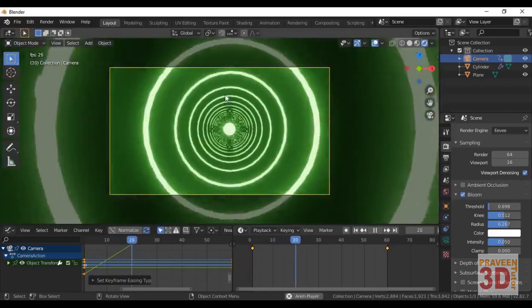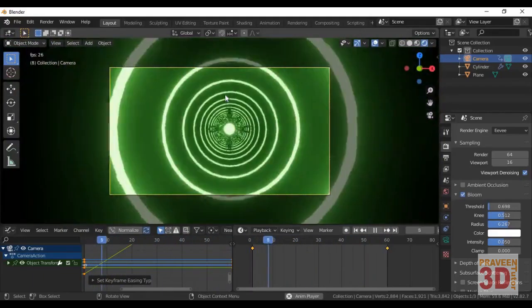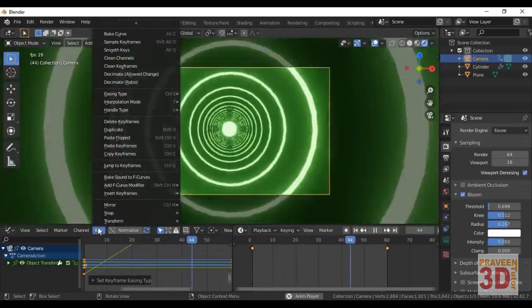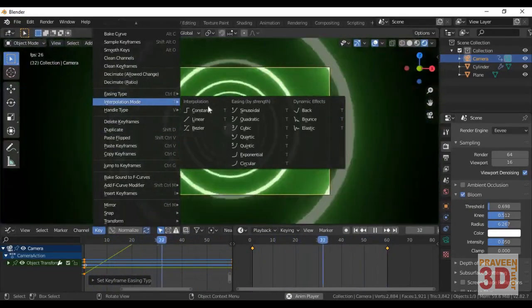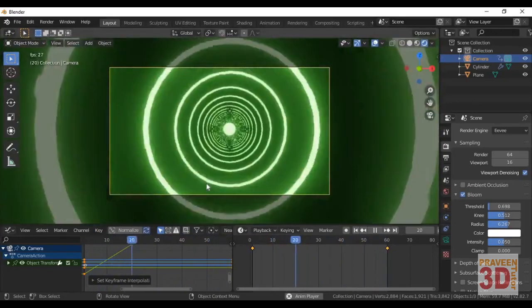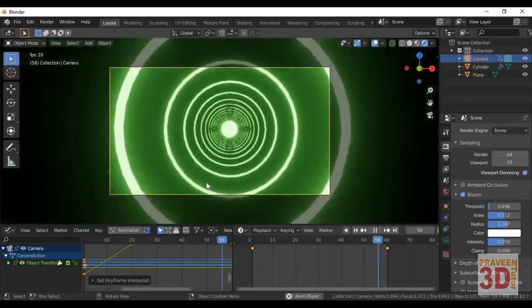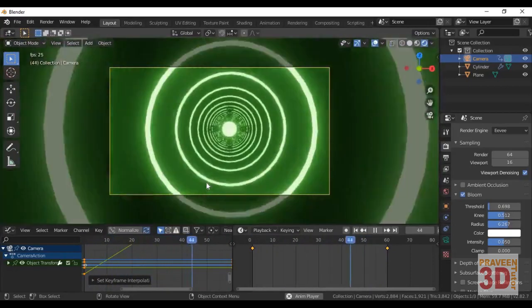Then press spacebar and it will automatically apply. I'll once again go key, interpolation, linear. So this is, guys, how the looping animation looks.